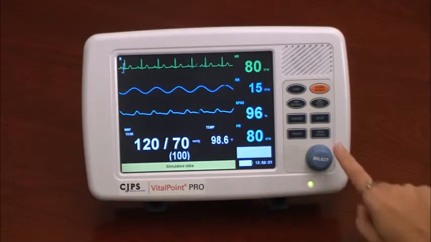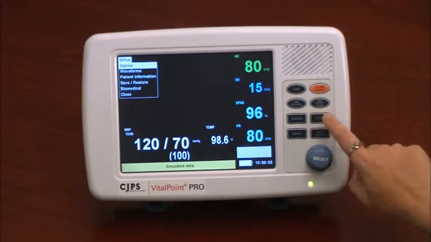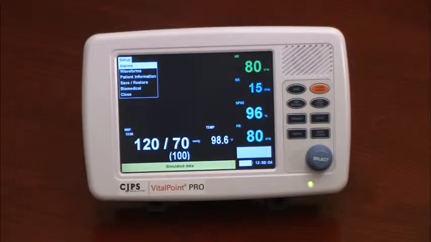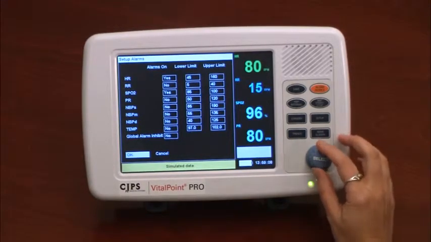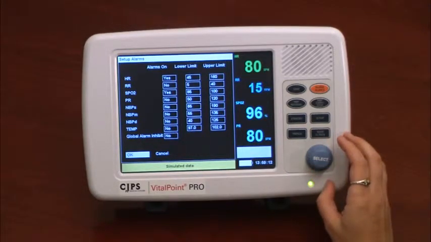By pressing the Setup button on the keypad, a drop-down menu will appear. Then, using the selection knob, one can scroll to the various menu options. The first option is for alarms. By selecting alarms from the drop-down menu, a new window will open with an overview of all the alarm settings